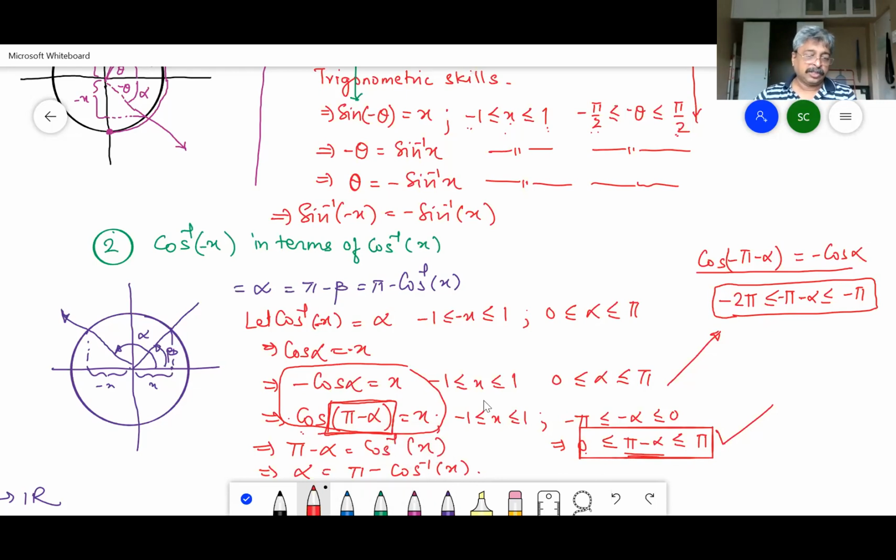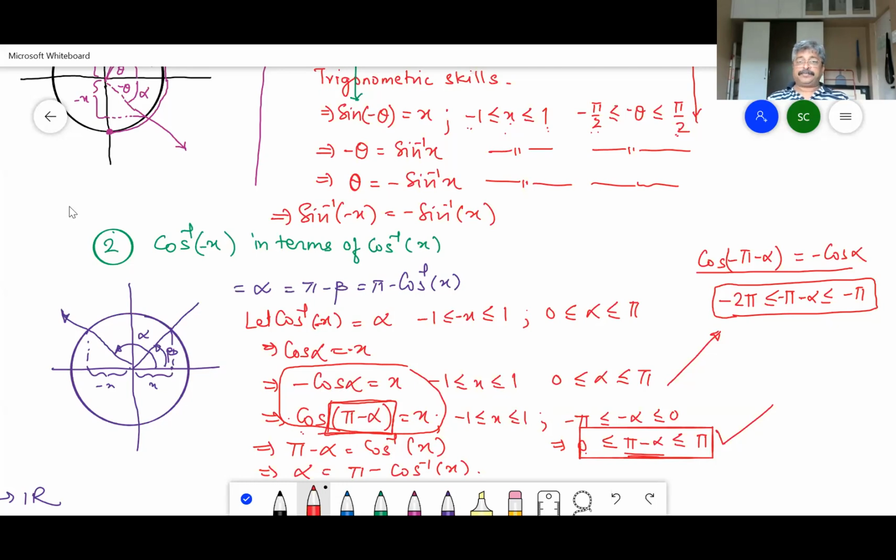Okay, so is this problem clear to all? I made a mistake here by saying opposite of cos alpha is equal to cos alpha, but that was a trigonometric mistake. It is not an inverse trigonometric mistake. Cos of opposite of alpha is equal to cos of alpha. That is fine, but opposite of cos of alpha is not cos of opposite of alpha, and therefore we have to get into some other adjustment, and pi minus alpha is the correct adjustment.